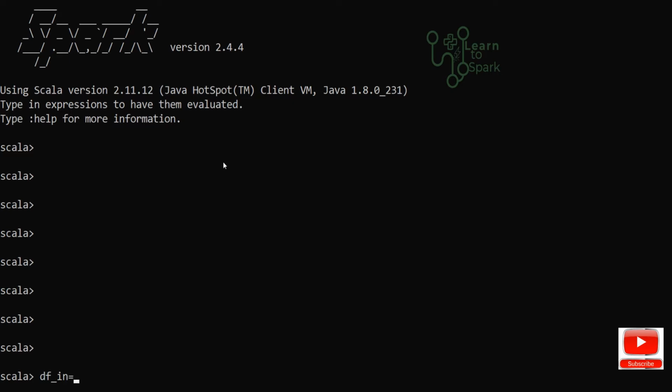I will read the input data frame of the JSON file. Actually, before reading a JSON file in Spark, we have to import a library.